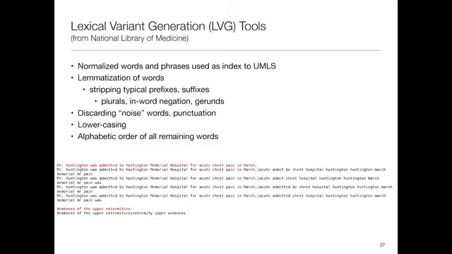There are also some tools that deal with the typical linguistic problems, where if I want to say bleeds or bleed or bleeding, those are really all the same concept. So there's this lexical variant generator that helps us normalize that. And then there's the normalization function that takes some statement like "Mr. Huntington was admitted, blah, blah, blah," and normalizes it into lowercase alphabetized